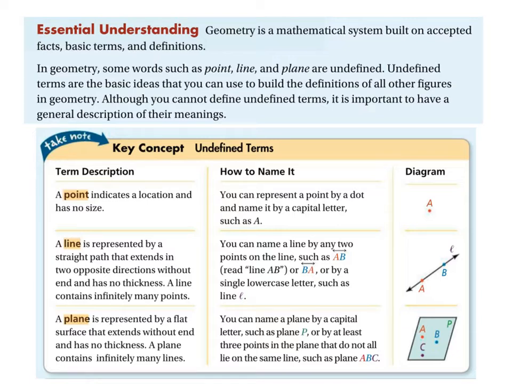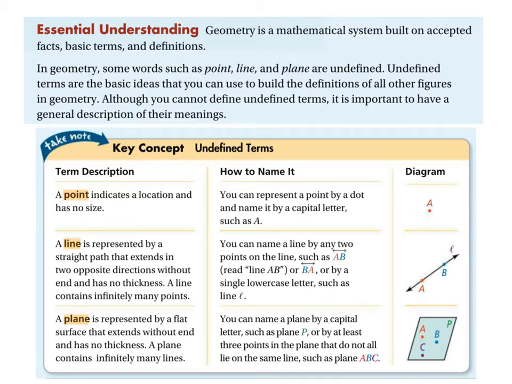Okay, a point. It indicates a specific location, and there's no size to it. If you keep zooming in on a point, you will never actually see the thing. It doesn't get bigger and bigger because it's just a more precise location in space. You can move a little bit to one side and you will be at a different point, a different location. Now, we represent it by a dot and we name it with a capital letter, in this case